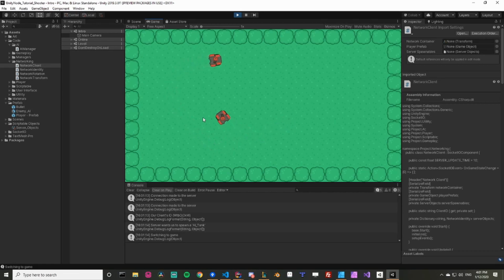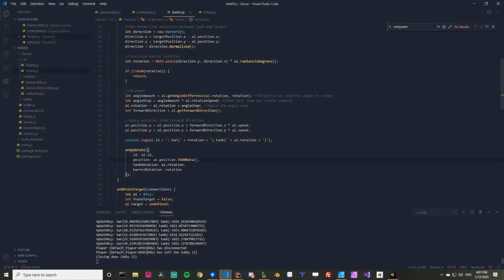And you're gonna see, just like with the raw data, that he goes forward and he's turning, he's looking at me, and all the things you would want from movement. And yeah, let's fix some stuff. So the first thing we're gonna do is let's not have him run into me, because that's not a lot of fun. So if we come back to TankAI here,